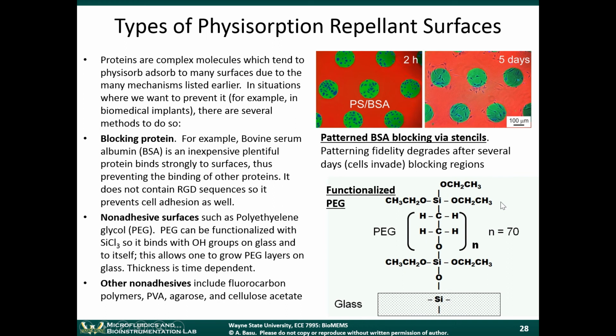So, but you have to take the PEG itself. The PEG itself has to be attached to the surface. All right. So this is an example of where you start off with PEG that's been functionalized with SiCl3. So there was a SiCl3 on this end of it, but that was then attached to the glass. Okay. This SiCl3 chemistry is similar to the